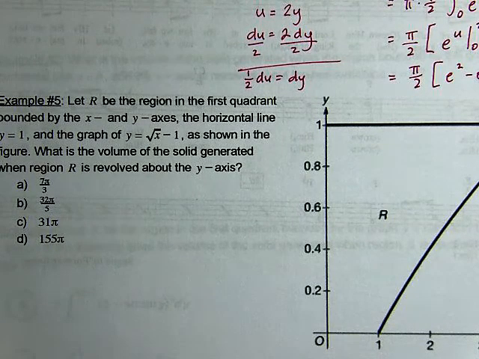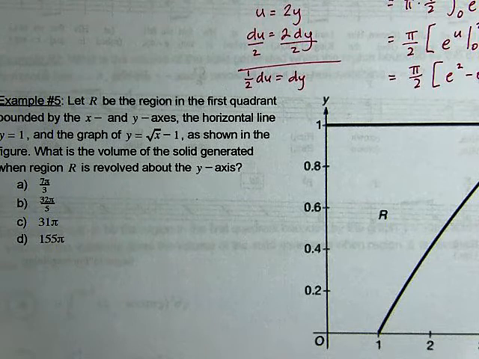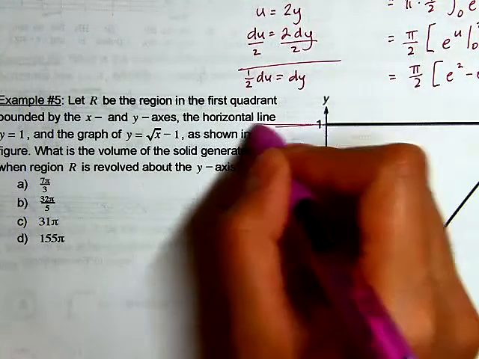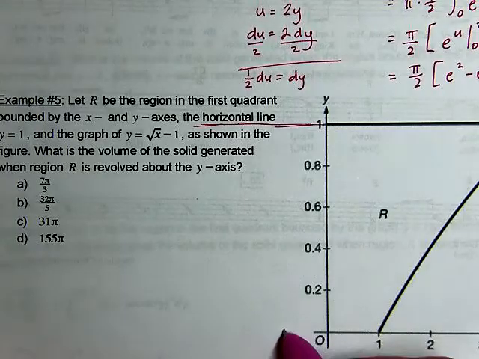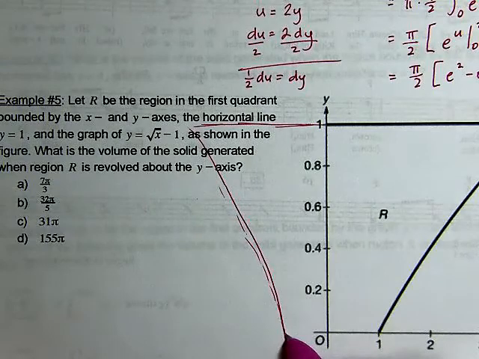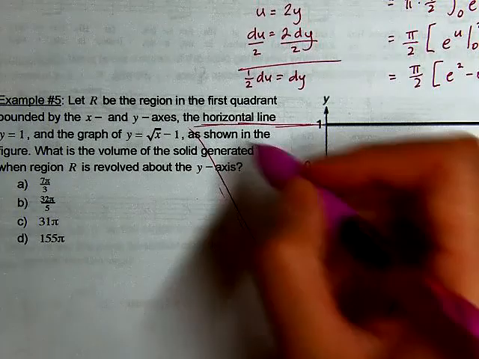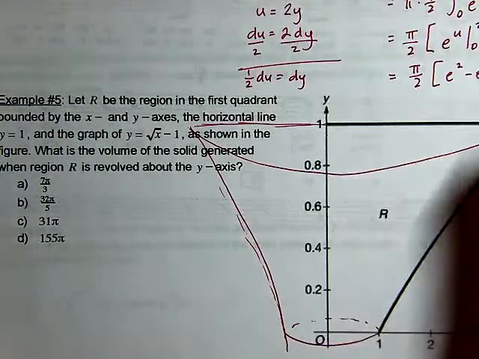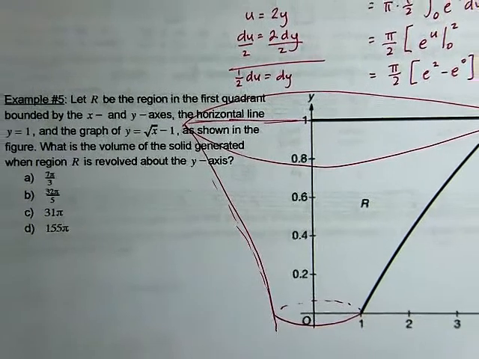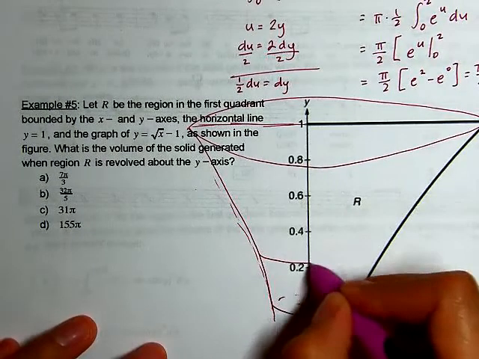So this region is bounded by the x and y axes, the horizontal line y equals x, and the graph of y equals square root of x minus 1 as shown in the figure. What is the volume of the solid generated when region R is revolved around the y-axis? So again, I'm going to go ahead and draw a picture as best I can of what's happening. So we are rotating around the y-axis. And so if I were to draw a horizontal slice here,